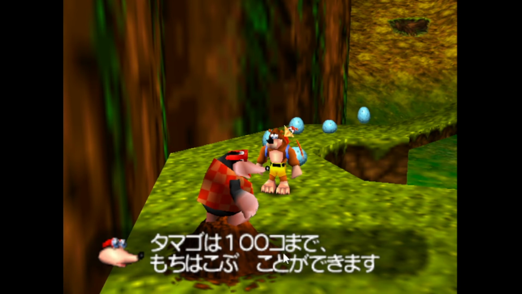Tamago wa 100個まで 持ち運ぶことができます. Okay, so eggs until 100 and including 100, as we've discussed. Mochi hakobu. This is the stem of motsu, which means to have or to possess or to hold.